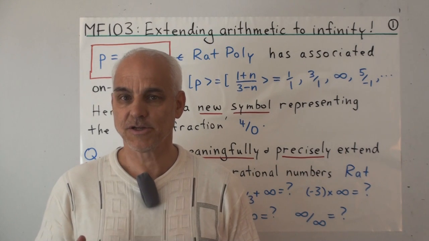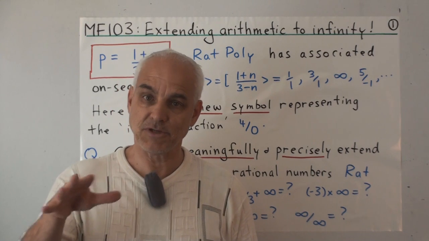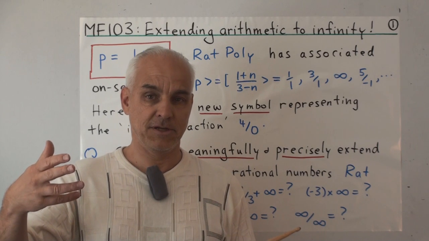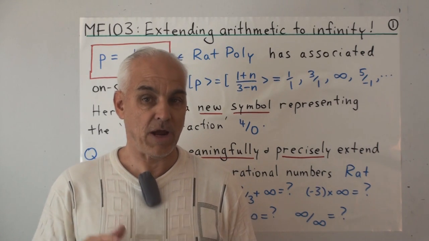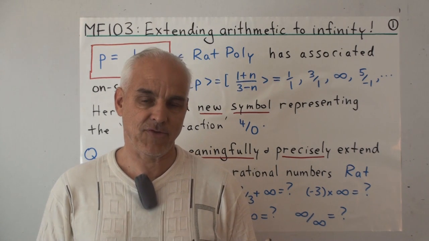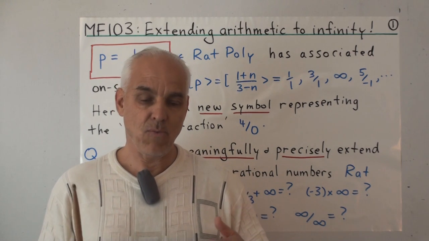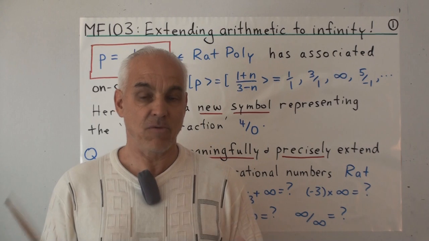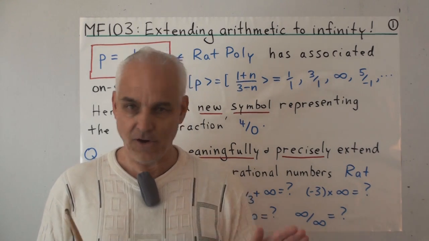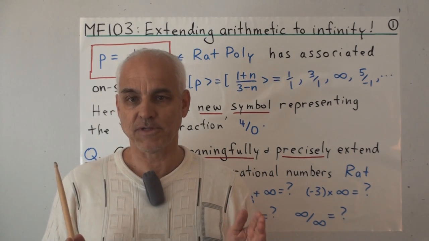Today we're going to start trying to extend arithmetic from the rational number setting, which is very familiar, to a slightly larger framework which includes some new object, or perhaps objects, that play the role of infinity in some sense. And of course, since this is a foundational series, we want to lay things out in such a way that it's completely cut and dried, so that there's no philosophizing necessary at all, and so that the meaning is completely clear of all the terms that we're using.